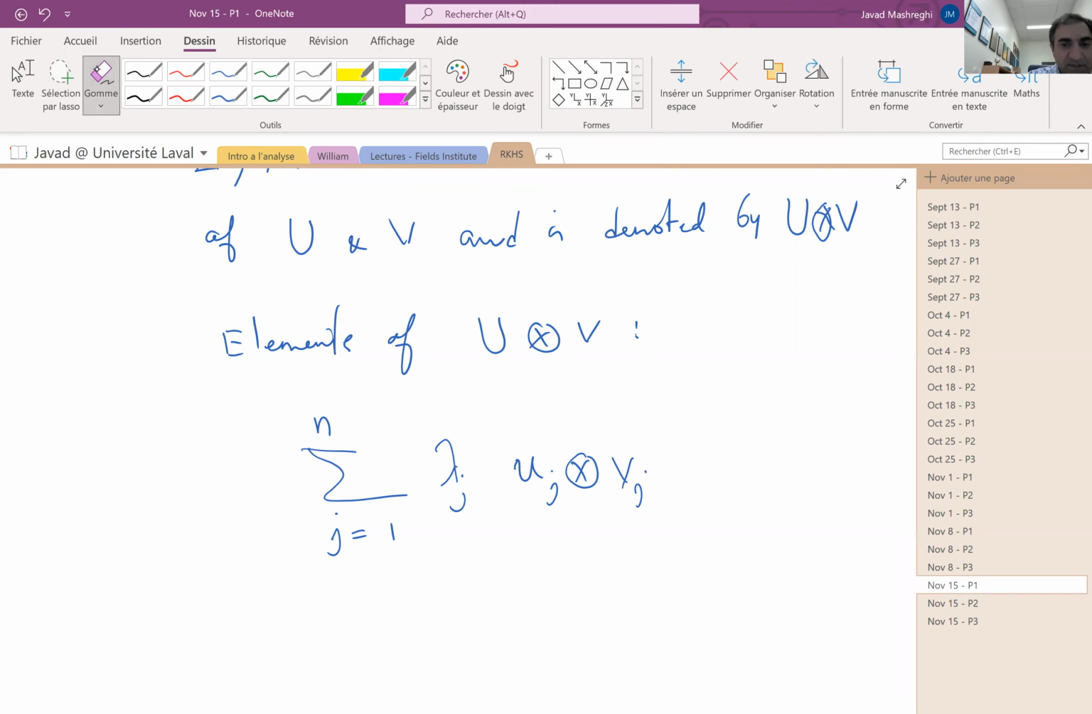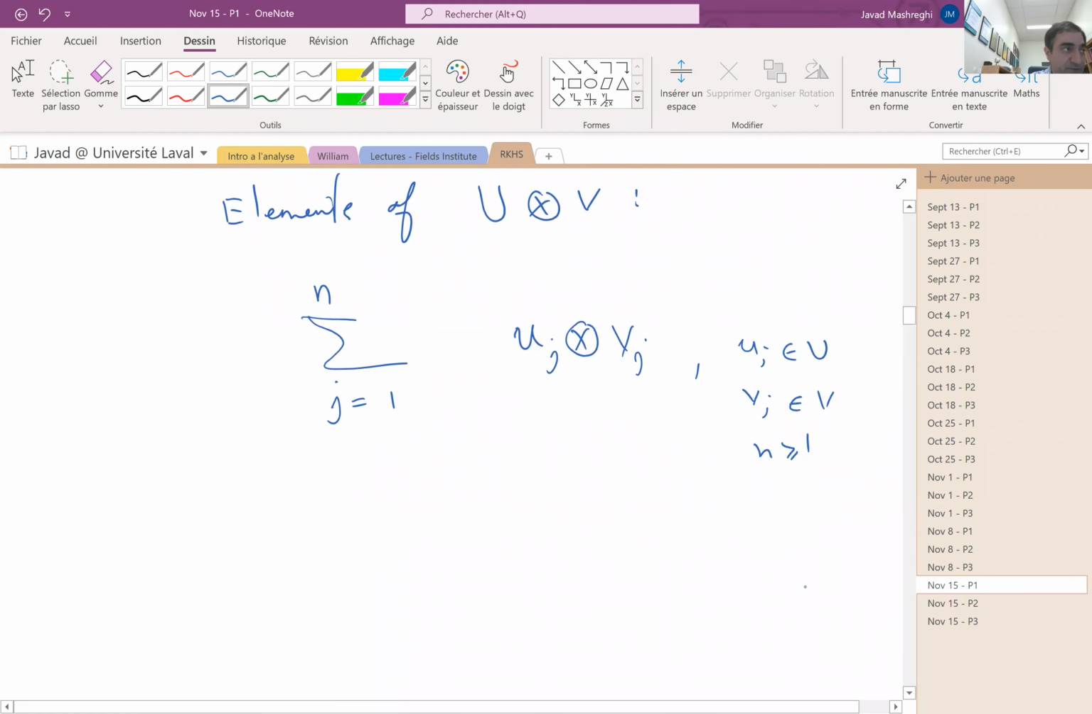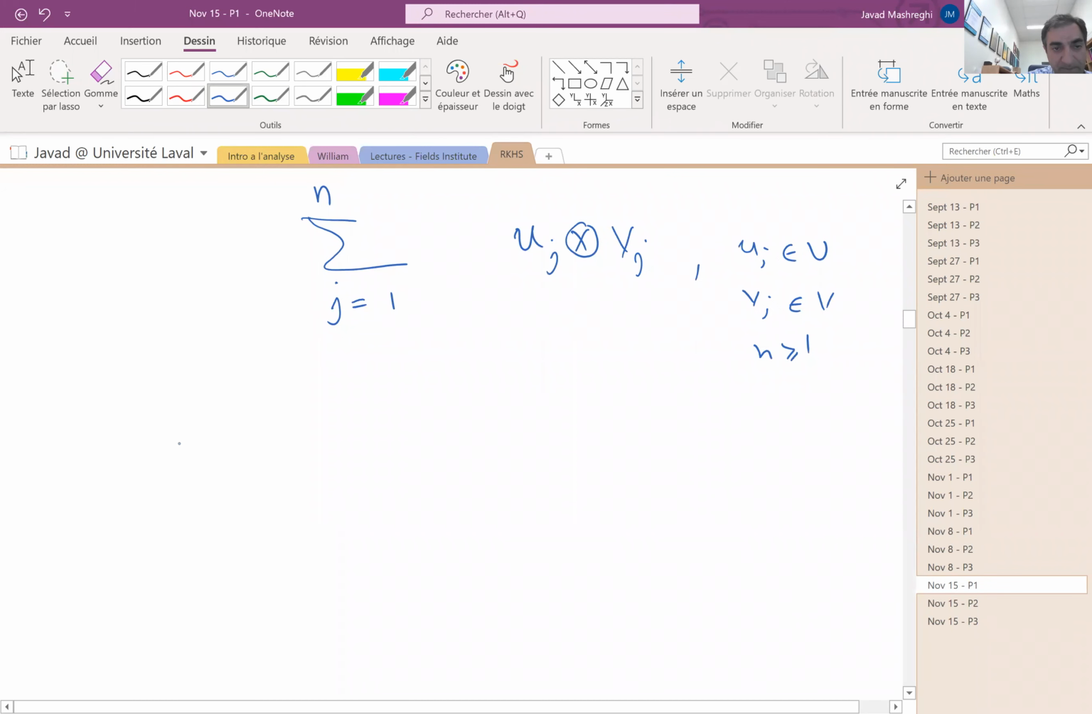And you'll see momentarily why I do not write lambda j here. I just consider uj tensor vj, where uj is in U, vj is in V, and n can be anything bigger than or equal to 1. We will see very shortly. And the reason is this lemma,